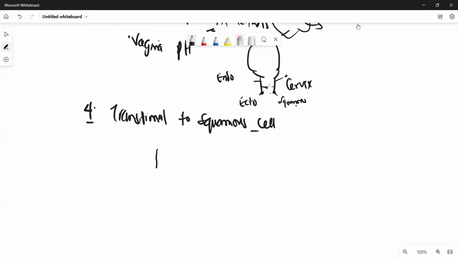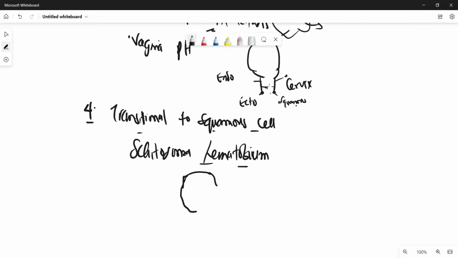So transitional cell could be in the urinary bladder, it could be in the ureter, right? So it's located in those areas. So if somebody is exposed to things like Schistosoma haematobium, this Schistosoma haematobium, right, can cause irritation inside the